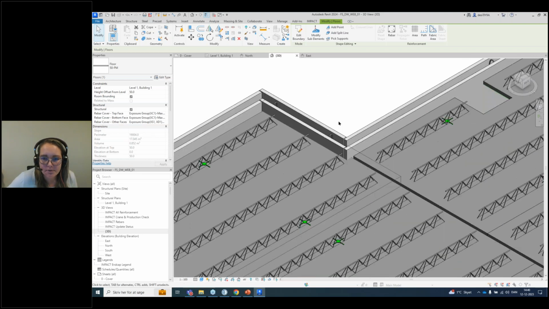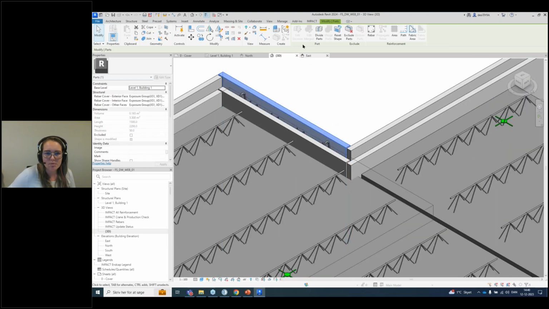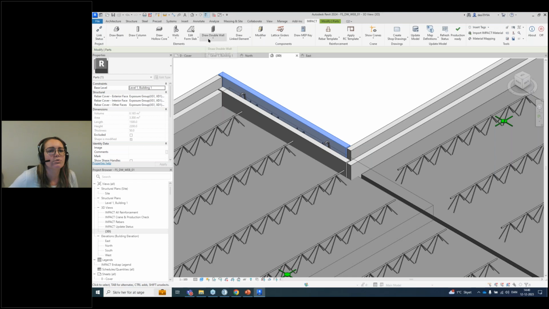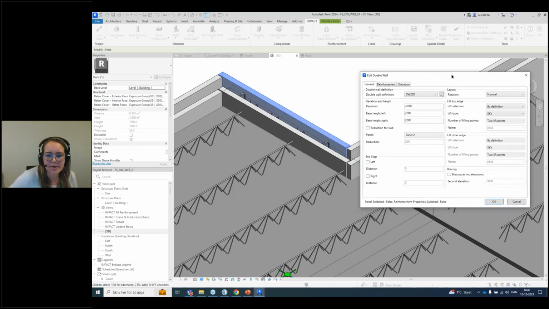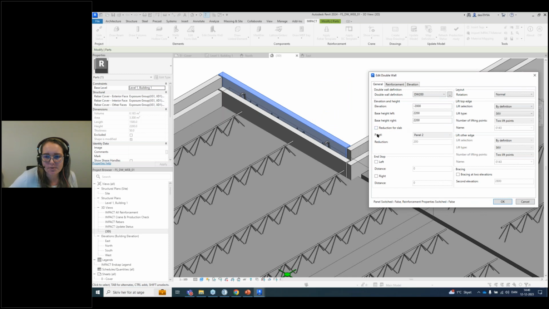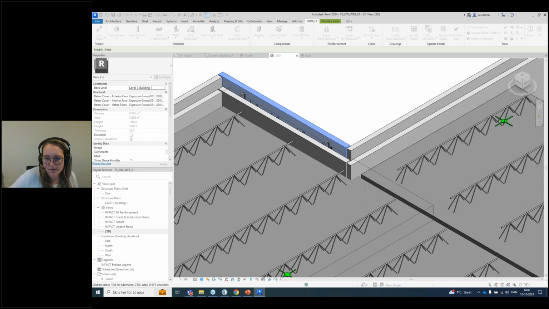But first of all, if you select this wall, that's a perfect way to show the edit settings because there is something called reduction for slab. I'm going to switch it on and use 200, because that's the thickness of my slab. So if I say okay,